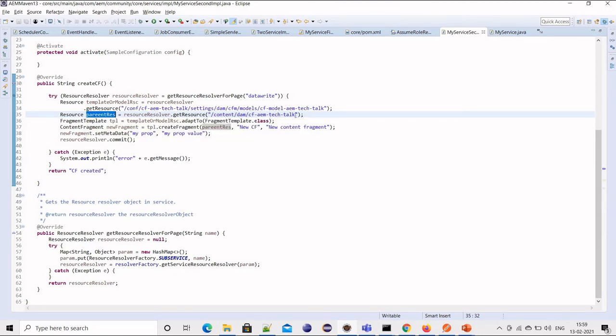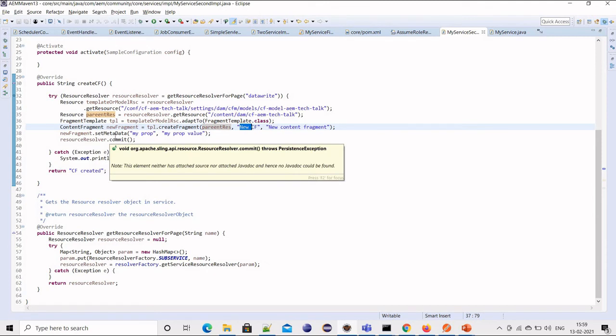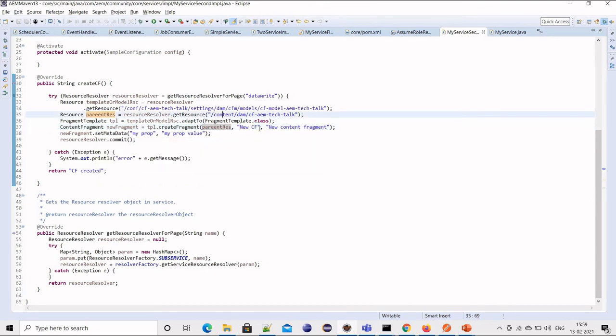So it's a DAM folder. Then, using this content fragment API, we are just passing the parent resource, the name of the new content fragment, and some description, and later on we can set metadata as well as entities. Then finally we are committing the resource resolver. Okay, so let's do it.